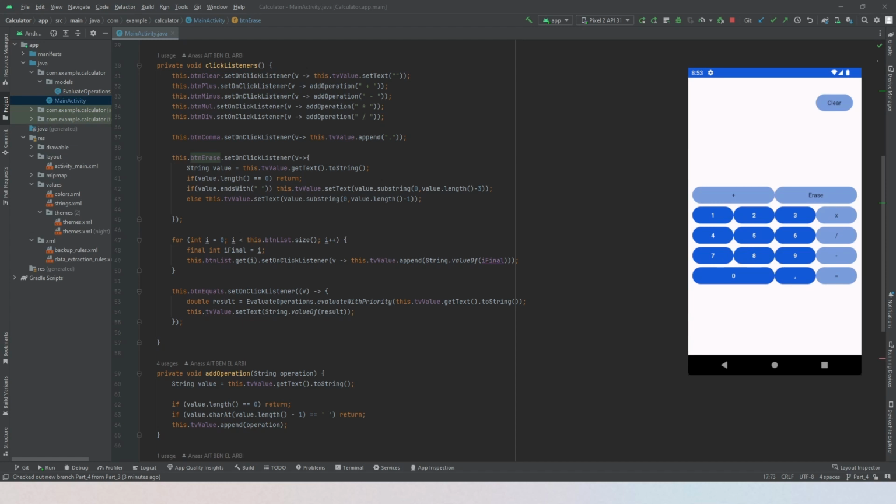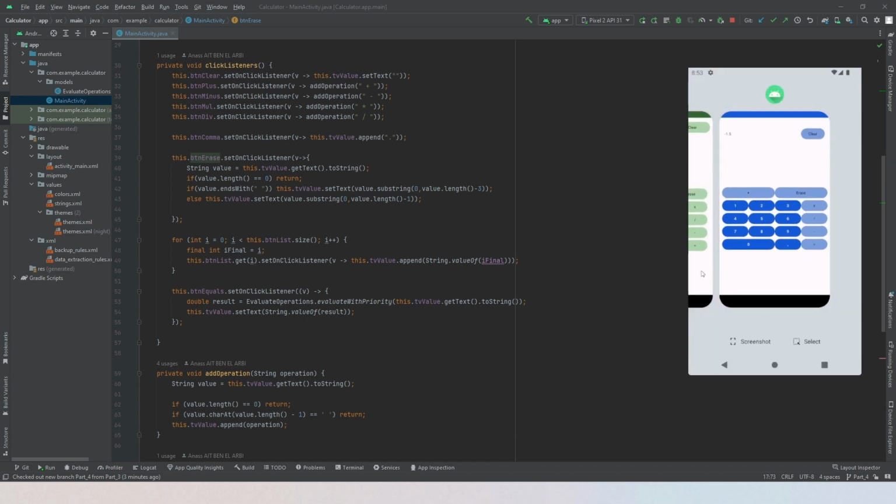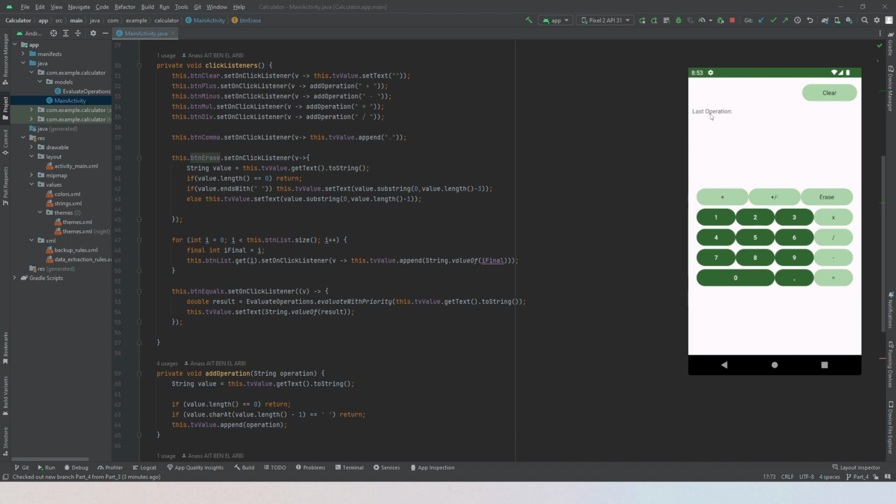Hello, in the last video we upgraded our application to perform complex arithmetic operations such as addition, multiplication, division, and subtraction. This is the result it displayed. In this video we are going to upgrade to the final version that shows the operation that is performed, the